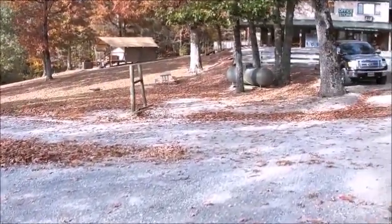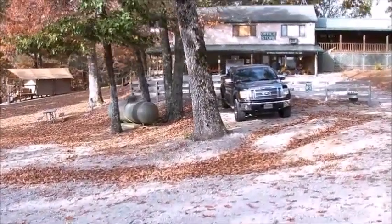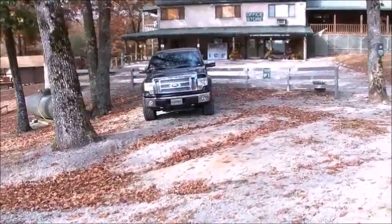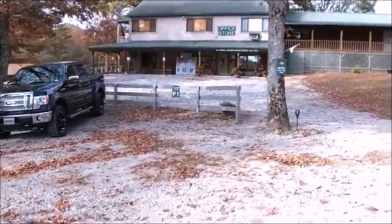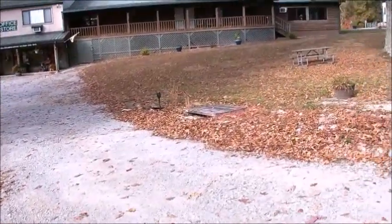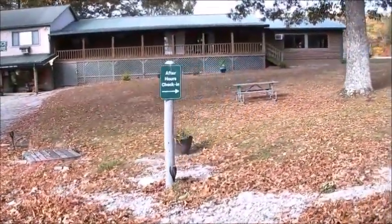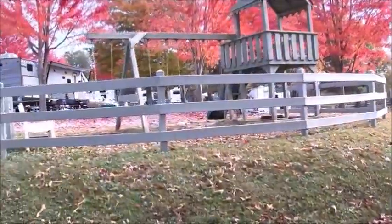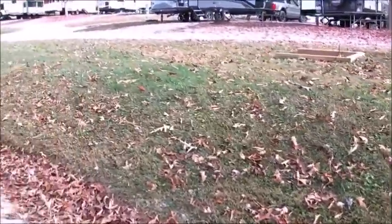And you also have where the office and store is. This is where you check in, and the store is very nice. Get your supplies, ice, firewood, and other things you may have forgotten at home. And right here on the end of the building is a game room, and the game room is open 24 hours a day. It also has a very nice small swing set for the little ones, horseshoe pit,